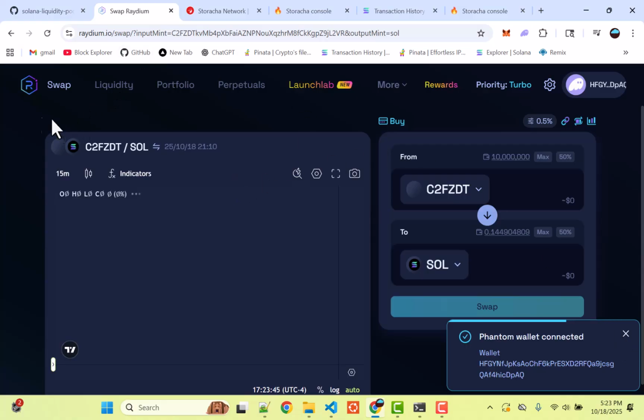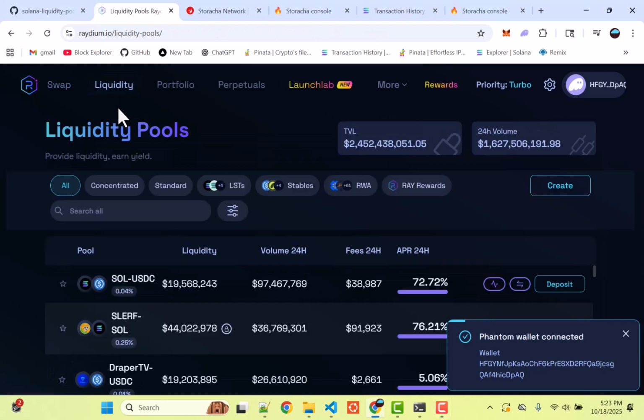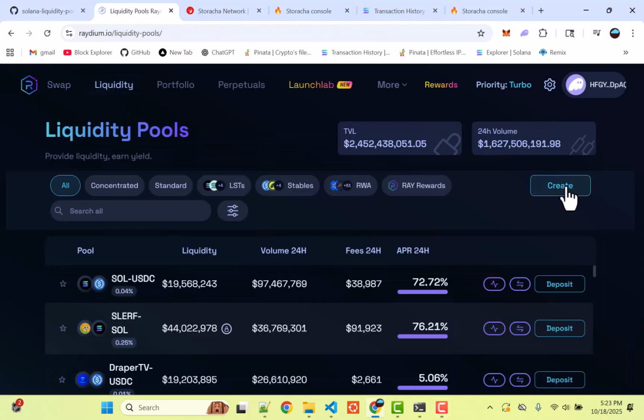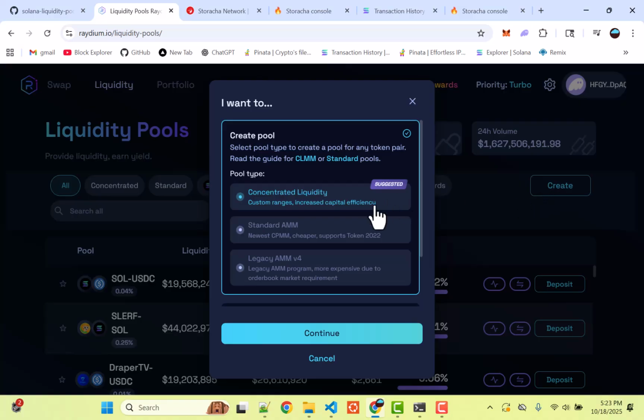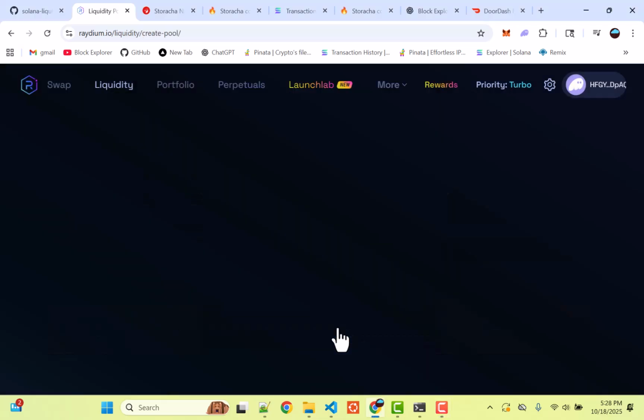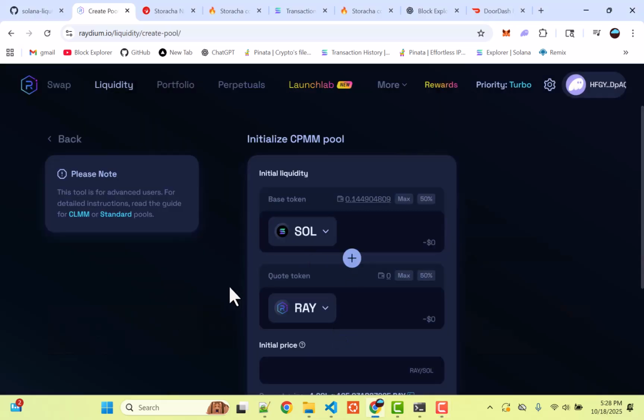Now what we want to do is go to the liquidity section from the top menu. And what we're going to do is create a new pool. So let's choose standard AMM. Continue. All right, now here's where you want to pause a bit and kind of think about your liquidity pool